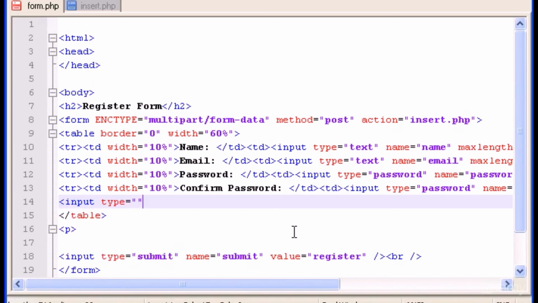Type hidden, so it will not be shown. Name equals, and here you type max